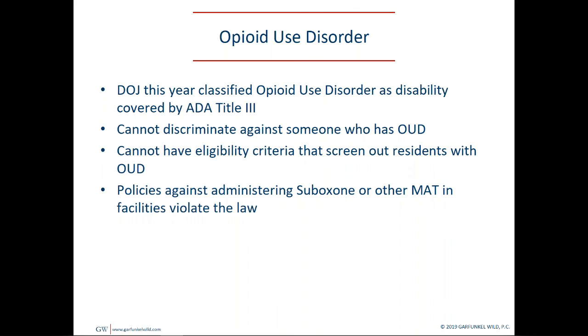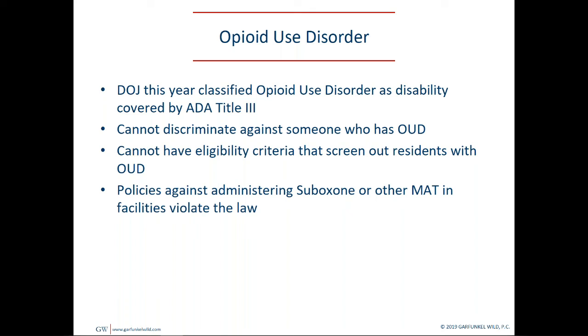So let's now talk about opioid use disorder. So the Department of Justice this year classified opioid use disorder as a disability covered by the ADA. So this means that facilities cannot discriminate against somebody who has an opioid use disorder. So you can't have an eligibility criteria, for example, for your facility that prohibits you from providing services to persons with opioid use disorders. You also, even if you don't have something that actually prohibits persons with opioid use disorders